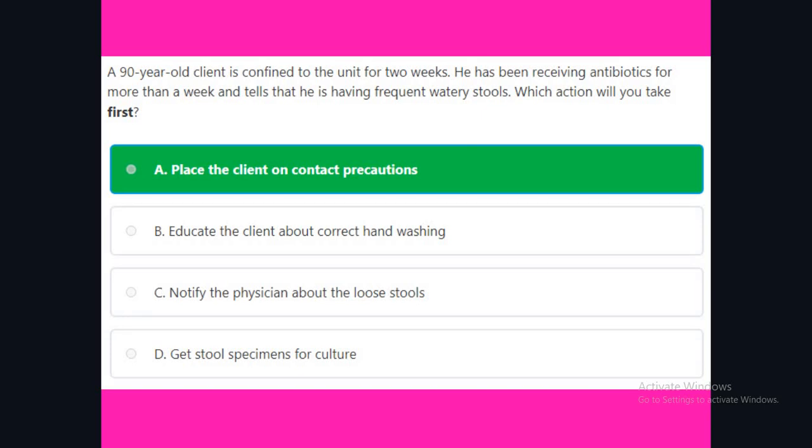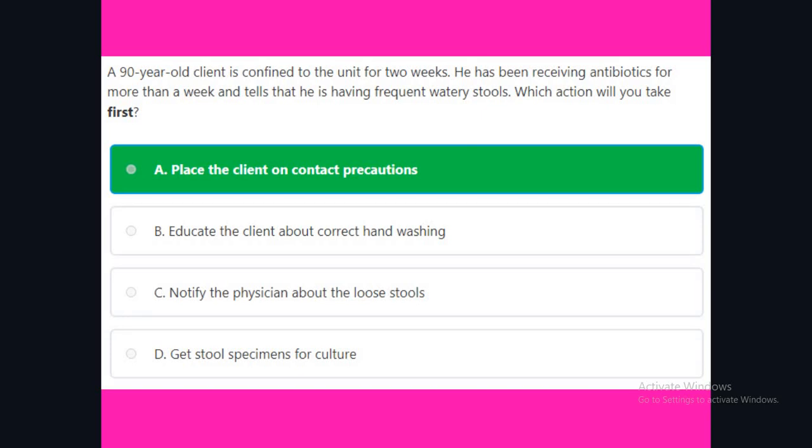Notify the physician about the loose stools, that should be done. Get this stool specimen for culture. That should be done. But first, the client should be placed on contact precautions. Although this may not seem like a valid option,